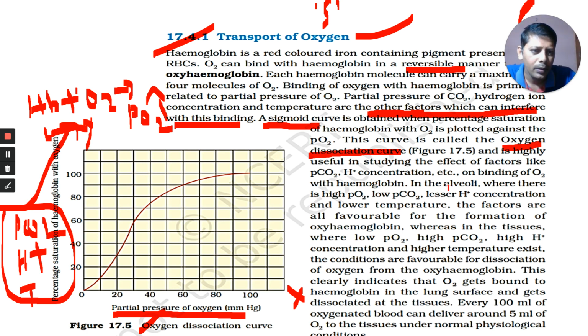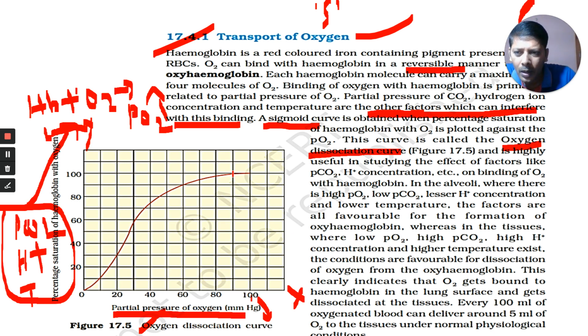And binding occurs in the alveoli where the partial pressure of oxygen is very high. Look at this one here. Partial pressure of oxygen is what? 100. In the alveolus I told you the partial pressure of oxygen is 104, that means around 100. At our lungs, the partial pressure of oxygen is high, and lesser H plus and lower temperature are present. Here the factors are favorable for formation of